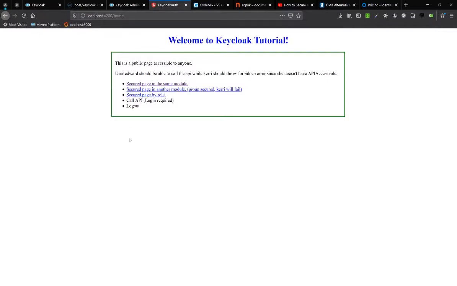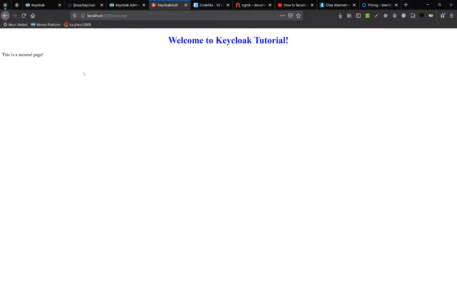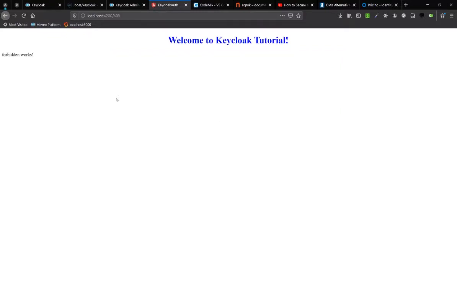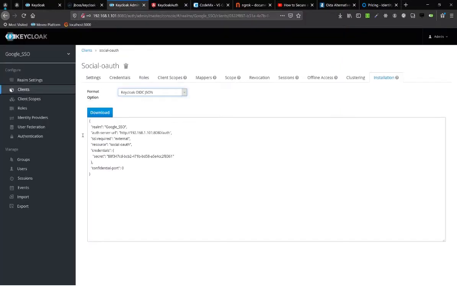Now we're logged in. That's because there's a logout button here. Again, if we click this secured page, we should be able to access it, because all it requires is for you to be authenticated. It doesn't have any authorization like this one. This one is secured by role. That's why if we access this, it's forbidden, because our user,